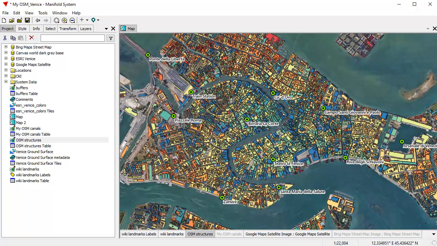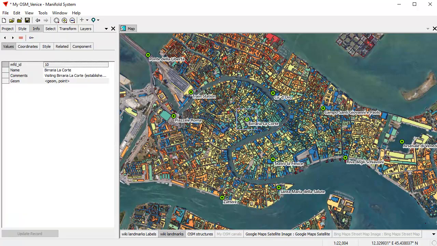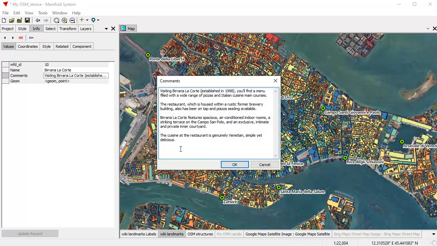And what we're going to do is export to GDB. But before we do that, I'm going to alt-click this Wiki Landmarks layer and the point that I created here for the Birraria della Corte. And here I'm going to right-click on the comments and choose Edit, because I want to export to GDB, but